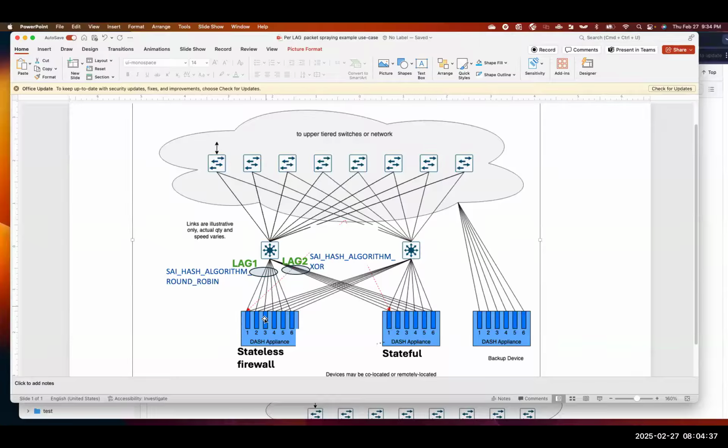There could be 2 appliances connected to it over lags. This one is lag 1 and the second is lag 2. It could so happen that one appliance doesn't need packets to be ordered, and another appliance needs packets to be ordered.